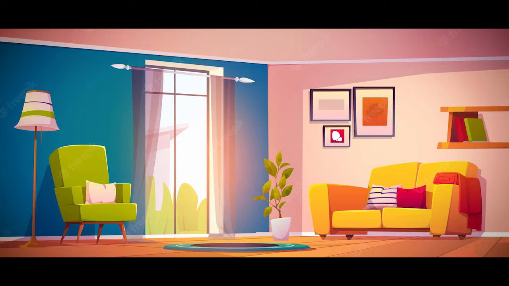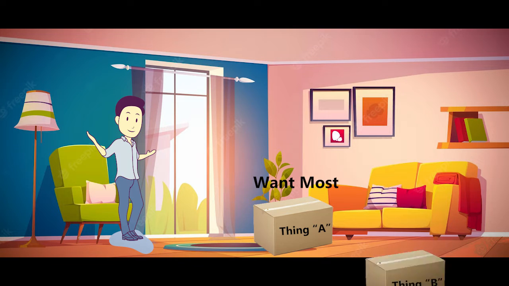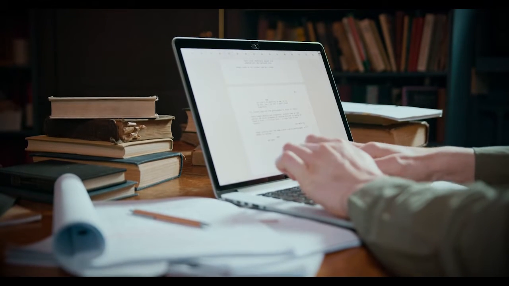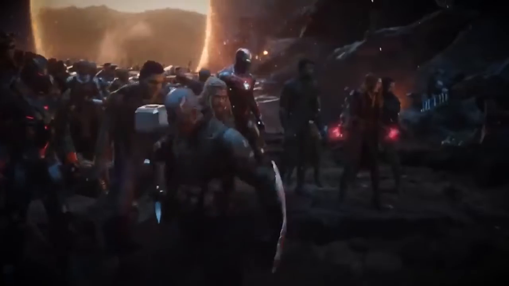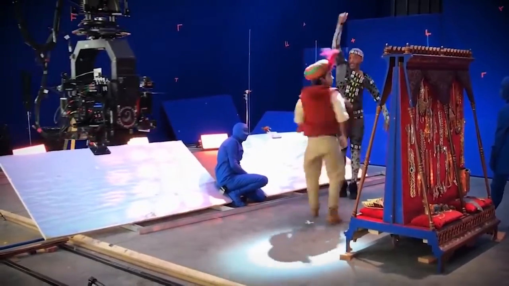Imagine your character in a room with two things. Thing A is the thing they want most in the world, but on the other side of the room is thing B. Thing B is valuable, but not to your character. It can be money or fame or anything else that you can think of as less of a priority for your character than thing A. As long as it's clear that thing B is valuable, the audience will instantly understand your character's investment in thing A. You're not going to write much of a script without a character taking decisive action, and all action starts with motivation. And now I'm motivated to go on to number 8.